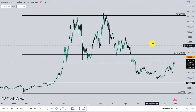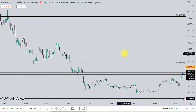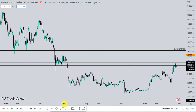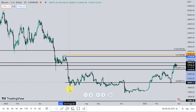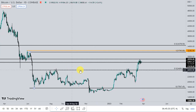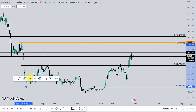On the daily chart, we have been in the downtrend, and if we mark the recent bearish swing, we will take this high to this low, so it becomes our recent bearish swing, and price has been within this swing, so this is our range. So I take this high to the low as our midterm range. So this becomes our midterm range, and this is the mid level of this range. So I change the color of this range into blue,